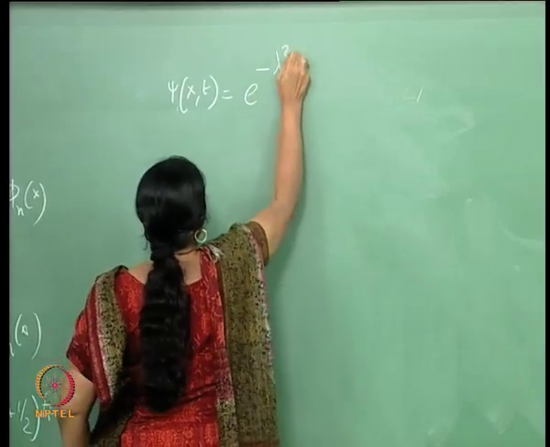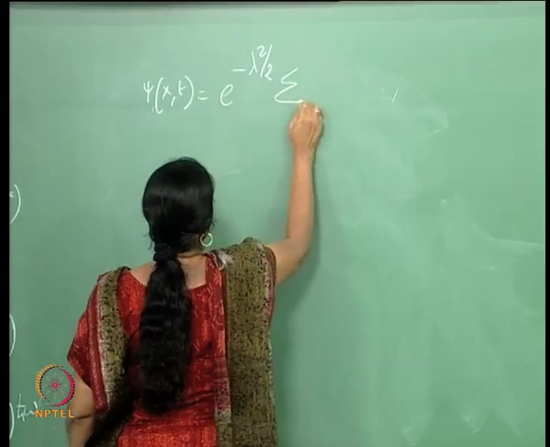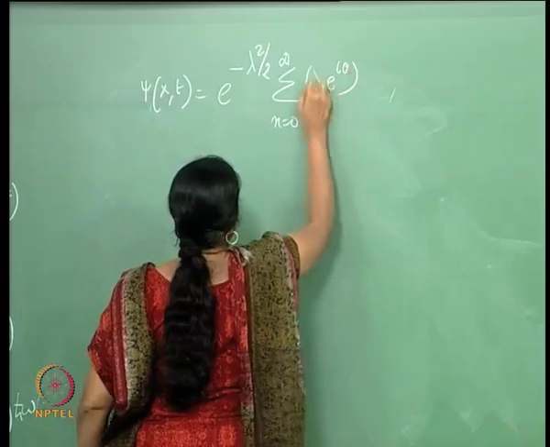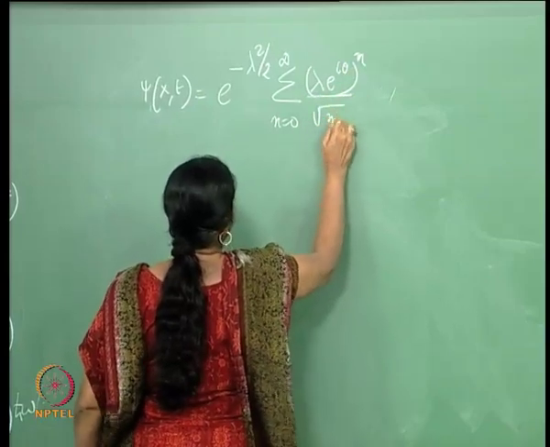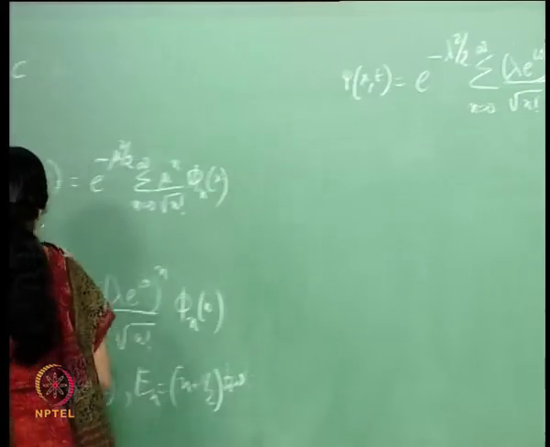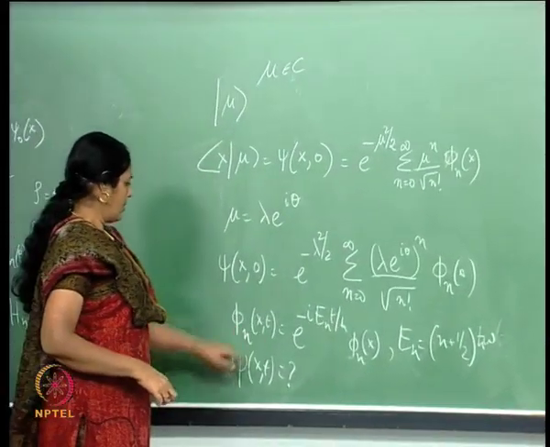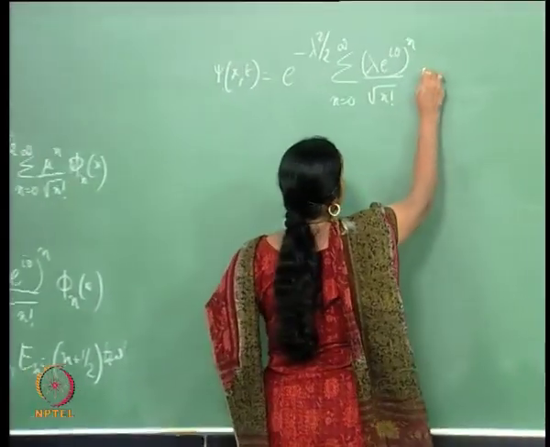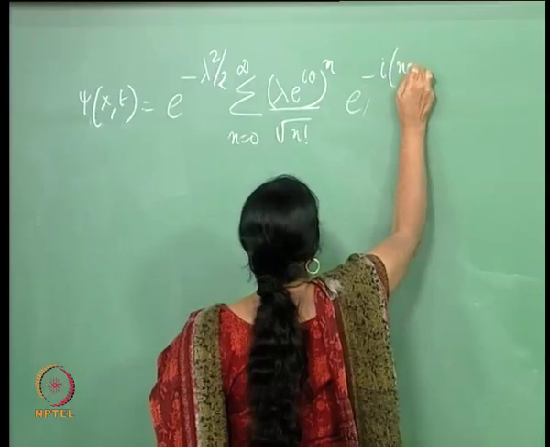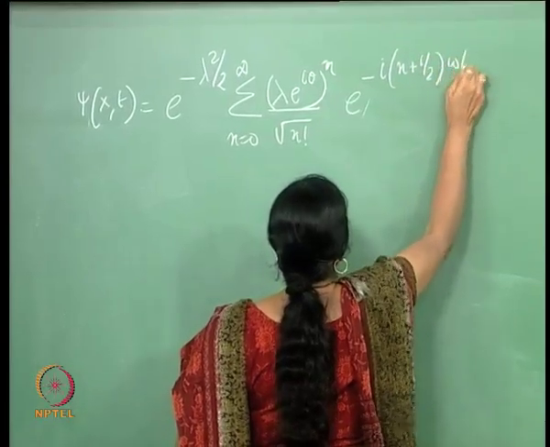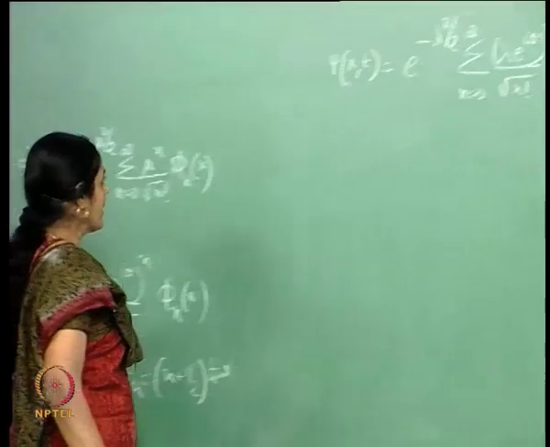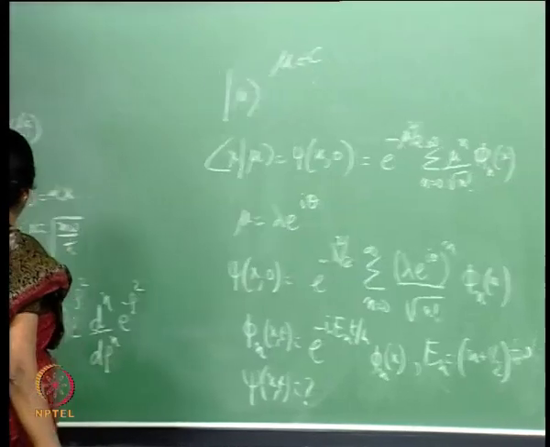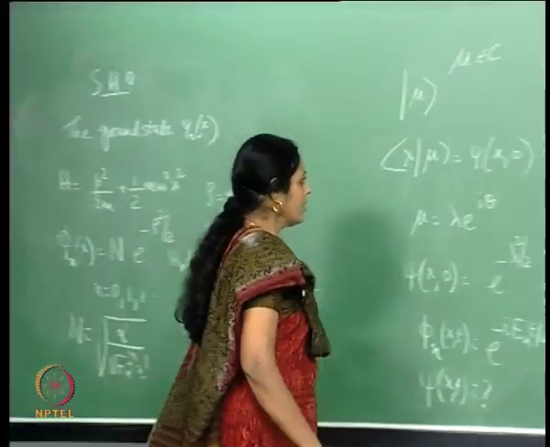So e to the minus lambda squared by 2, summation n equals 0 to infinity, lambda e to the i theta to the n by root n factorial, phi n of x,t, which is e to the minus i (n plus half) omega t. So I have taken care of the time evolution of the stationary state and I substitute for phi n of x. It has a normalization